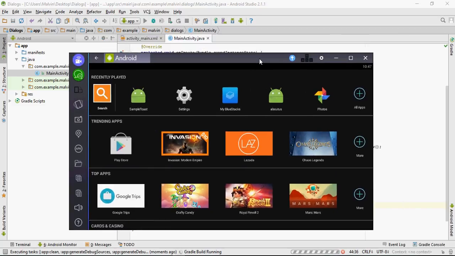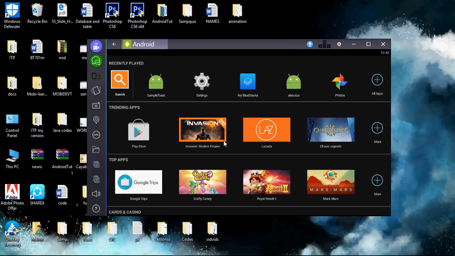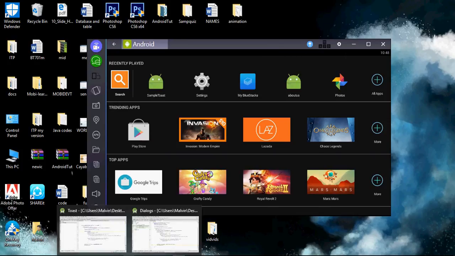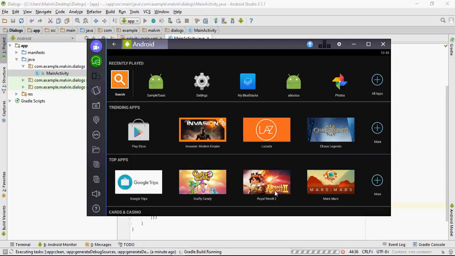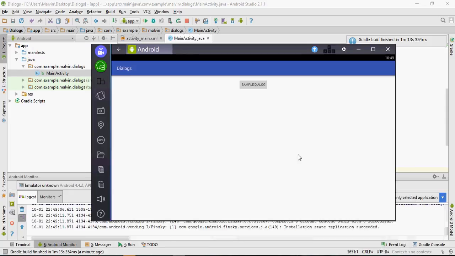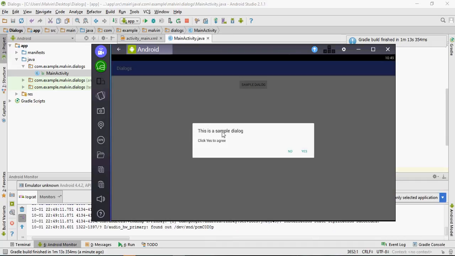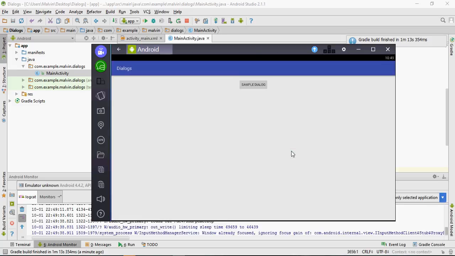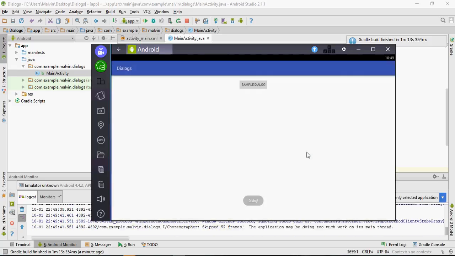So it takes a while to run the application. So when it runs on the BlueStacks, it would look like this.